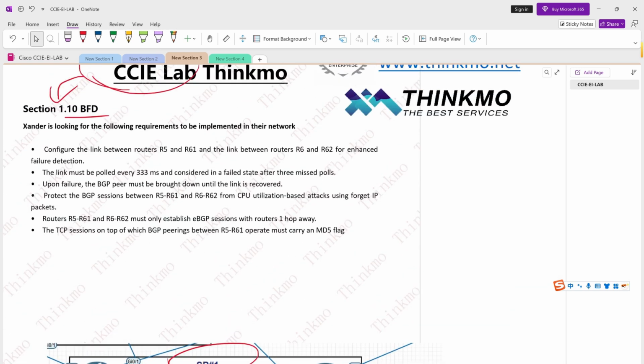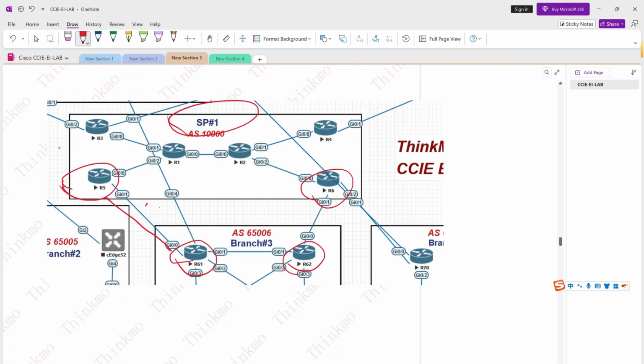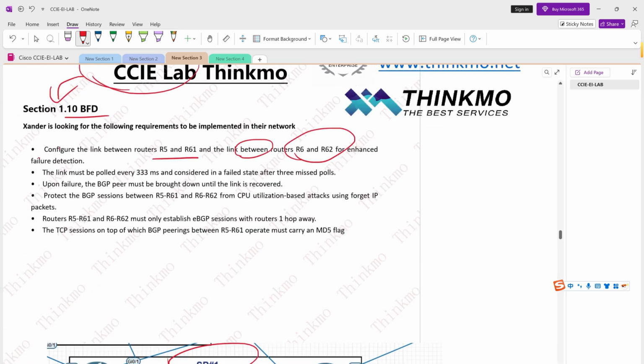The detection requirement is that the very first and primary requirement is that we carefully configure it between 5 and 61. Specifically between 5 and 61, we must configure the enhanced fault detection function, and additionally, we also need to configure it between 6 and 62. That is to say, BFD is commonly called bidirectional link detection, and this BFD protocol is also configured between these